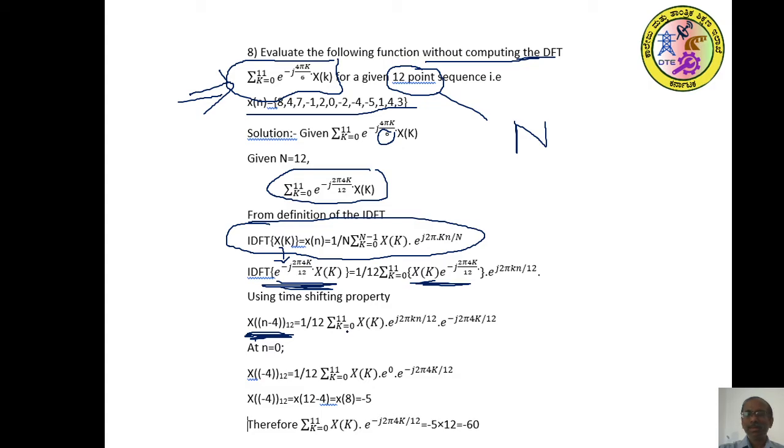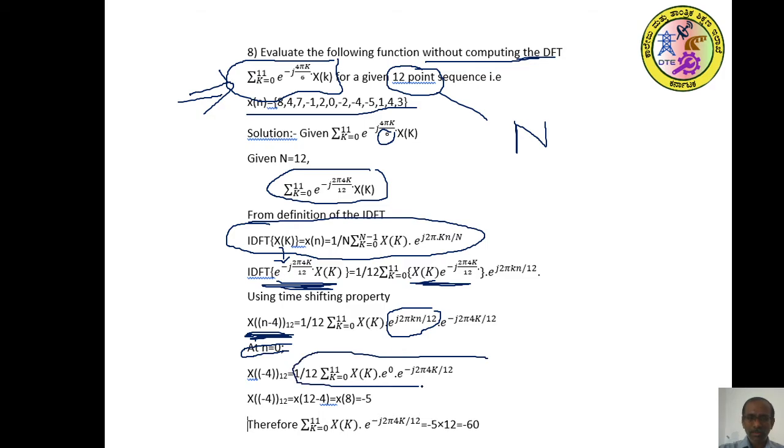Done. Come back to this. Here also a rearrangement, that's all. Now what I will do is, wherever n is there, I'll put n is equal to 0. If I put n is equal to 0, this e power j theta term will become 1 because n term is there. This will not get cancelled. And left out answer is this.